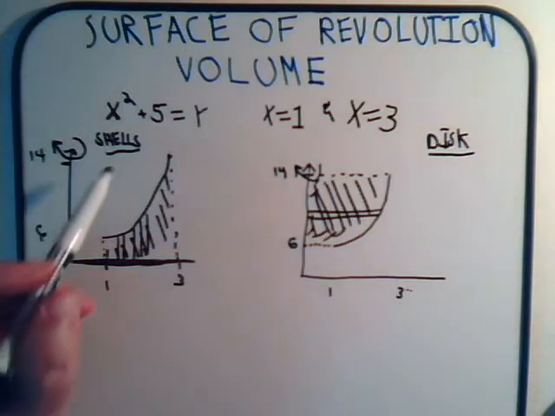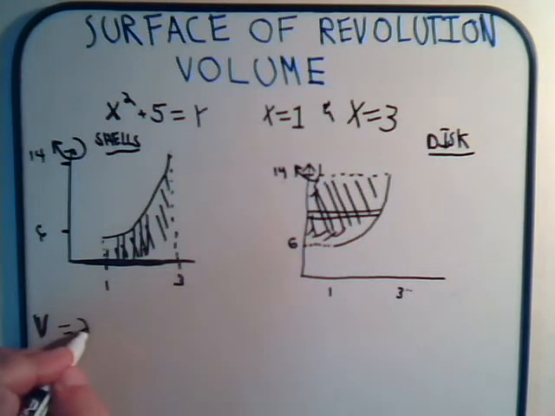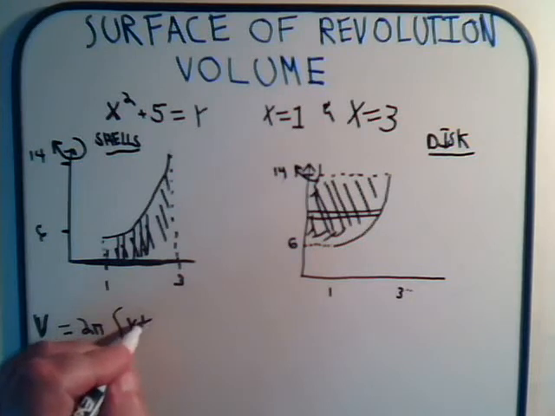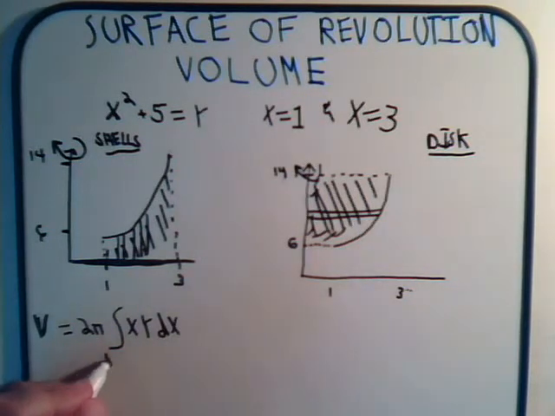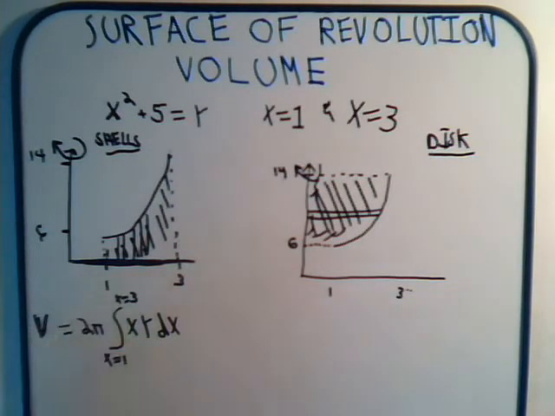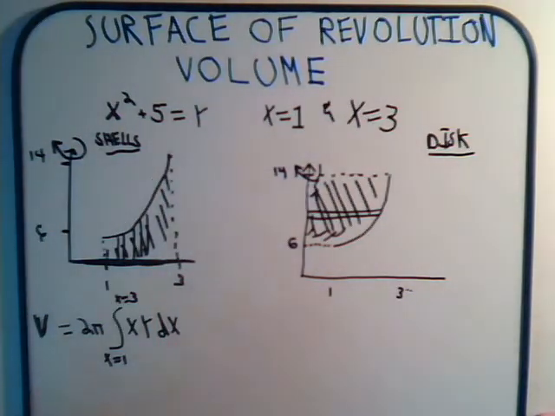So now we're using the method of shells, and the formula, which we derived in our introductory videos, is 2 pi, the integral of x times y dx, where x goes from 1 to 3, and y has to be expressed now as a function of x, which it is, no problem. So here then,